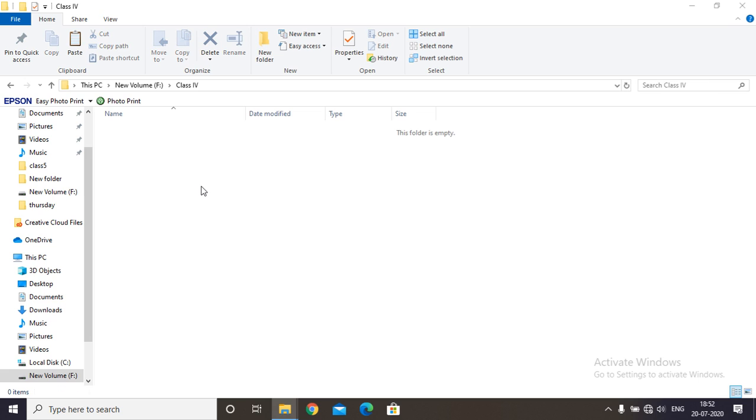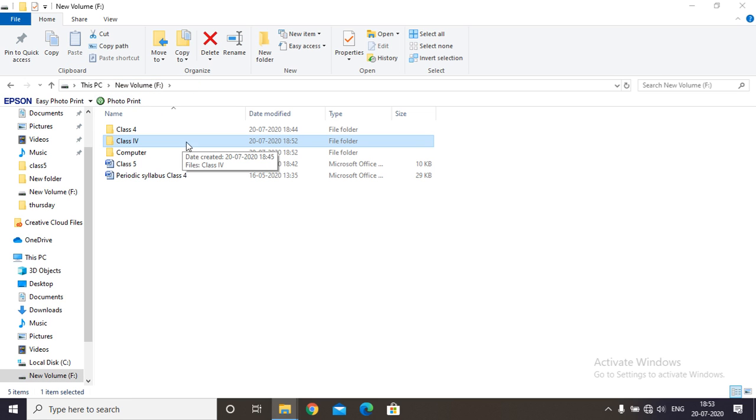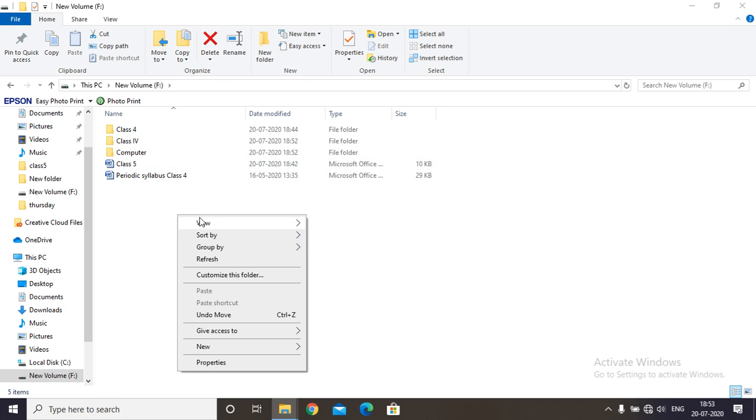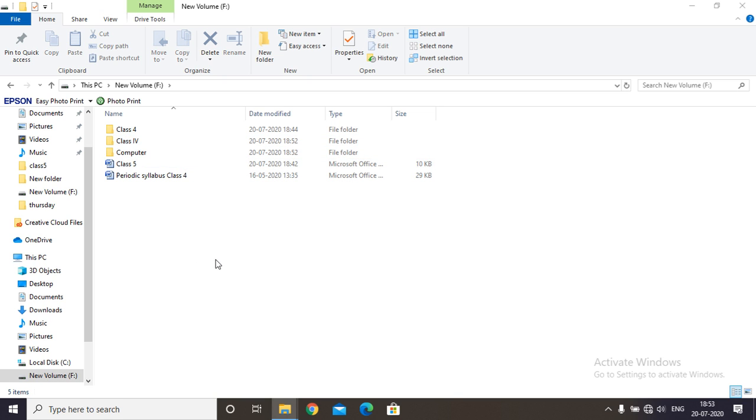Select your destination folder and click on the paste option from the ribbon. So I click on the paste option. You can see my file has been cut from drive F and shifted to the folder class 4. In this manner you can move or copy any file or folder.